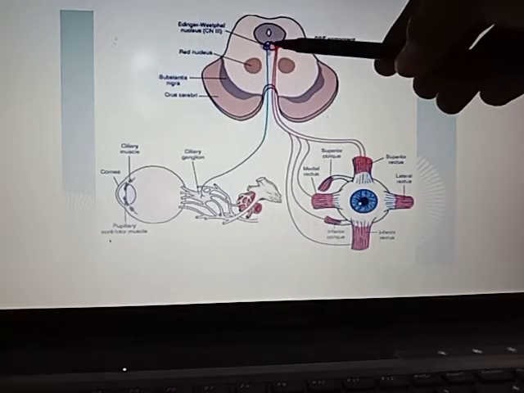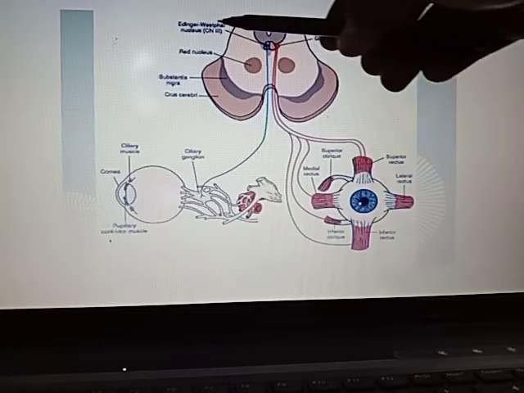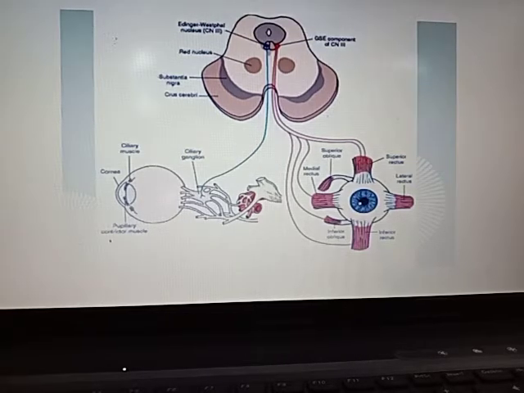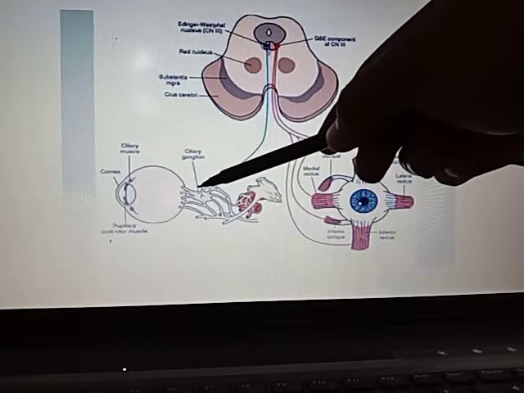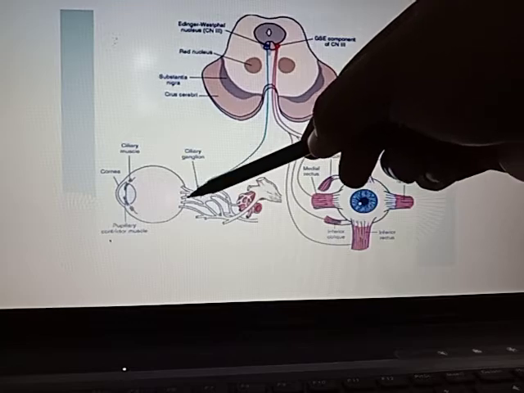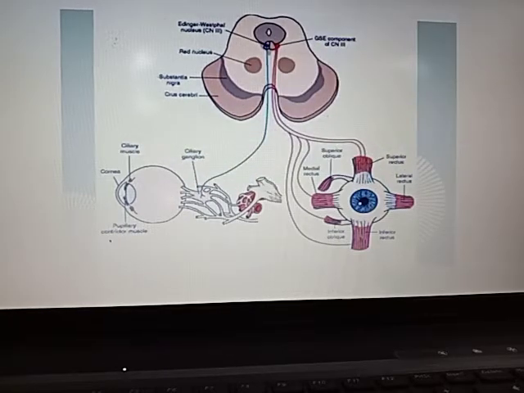Along with this main part, there is one extra part. This is the Edinger-Westphal nucleus. The Edinger-Westphal nucleus is one of the most important things, which provides the parasympathetic fiber via the ciliary ganglion to the ciliary muscles and the sphincter pupillae. It supplies the ciliary ganglion, and from the ciliary ganglion nerve fibers go to the ciliary muscles. Okay, and the general sensory component also supplies the muscles of the eyeball.